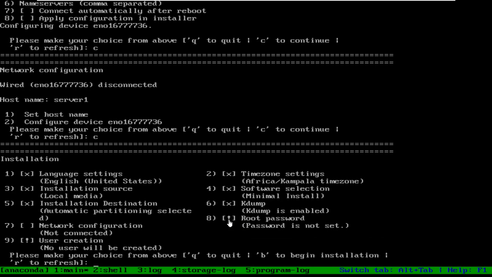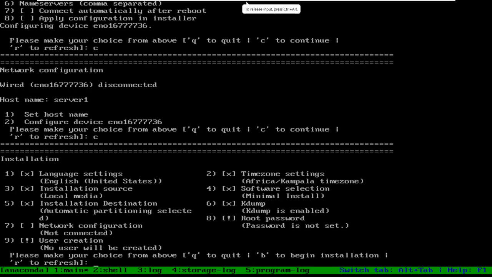Now it says you have to give a password for the root. Now remember, without a password you cannot log into any Linux system. It is not allowed. Like in Windows you can do that. In Windows you can have an administrator without a password, but here you cannot. You have to have a password for your administrator, that is root.